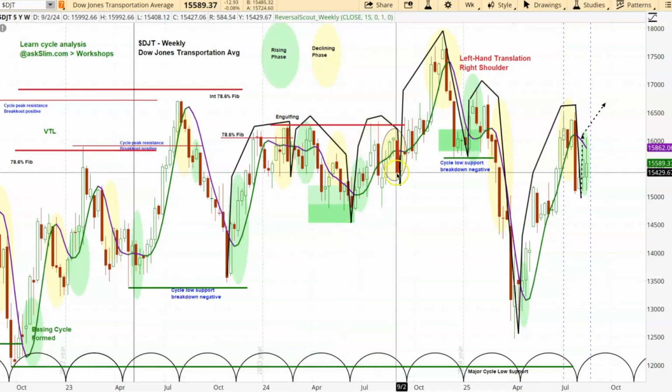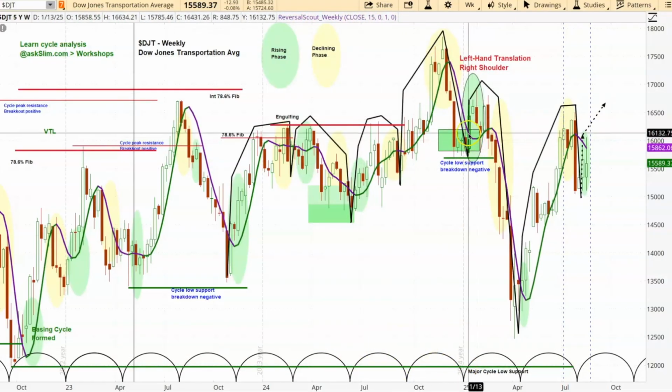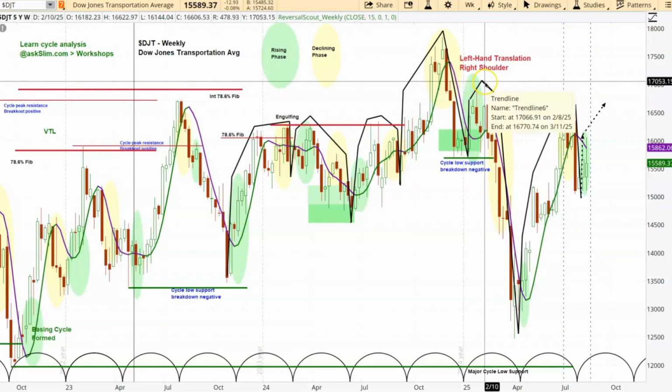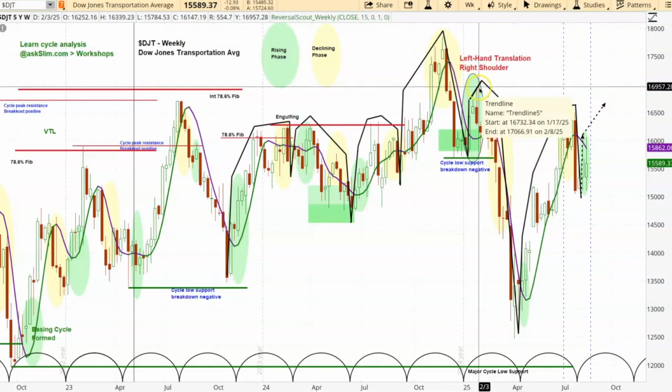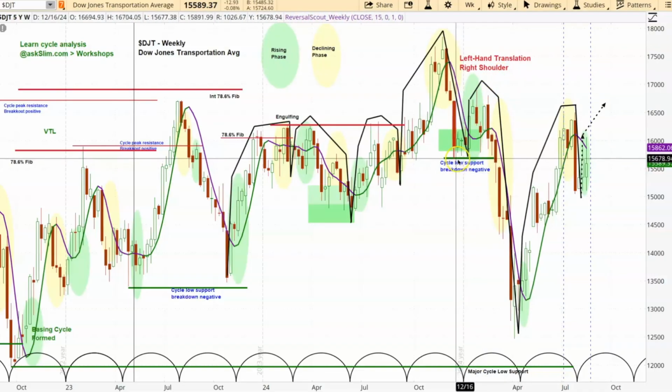A positive cycle here, a positive cycle here. You can see those as they line up very well right here. Now look at this cycle, and you could see that what happened was that this one fell short. In other words, it hit a resistance level, which was just about halfway up there. I don't have the resistances in there right now. And then it peaked early and came down and broke that